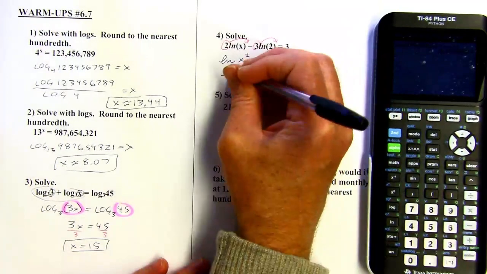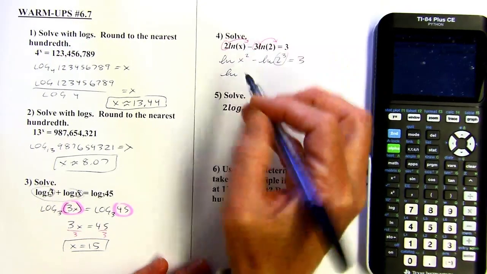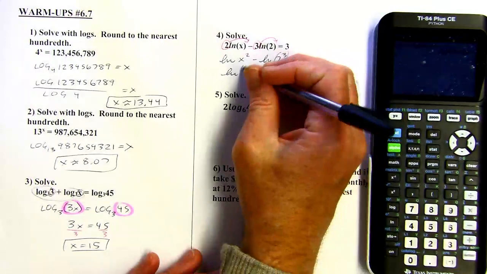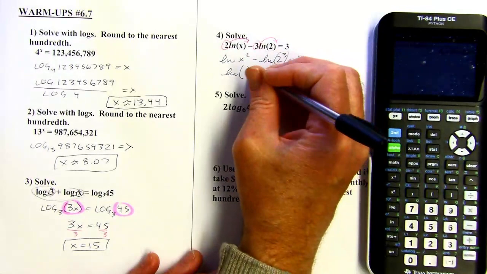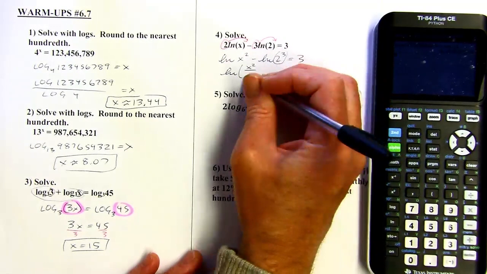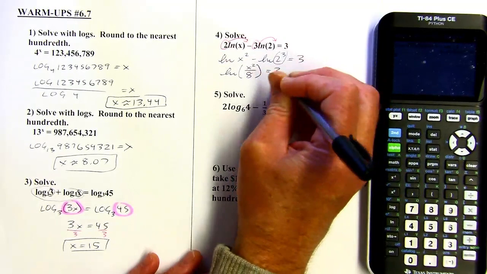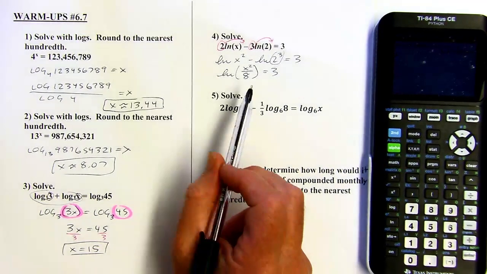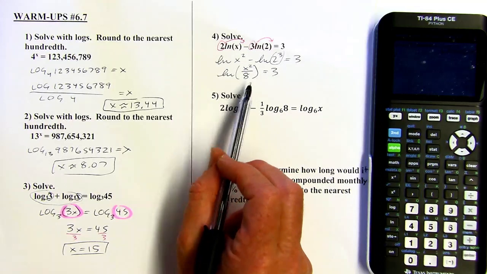So when I combine, these logs have the same base. I'm subtracting. When I'm subtracting, I'm going to divide. So this is going to be x squared over 2 to the third, or 8. Like that, okay? Now I need to get the x isolated, so I got to get the x out of